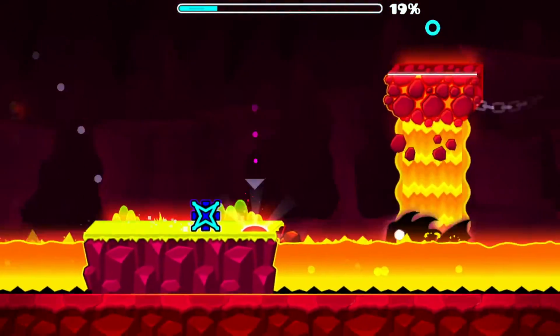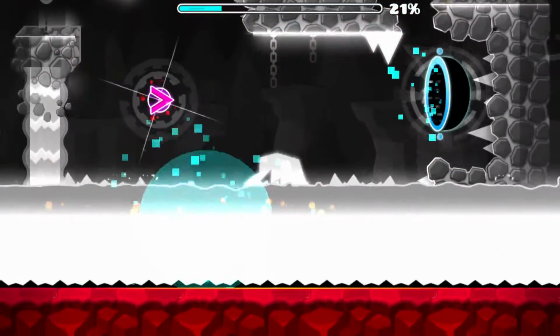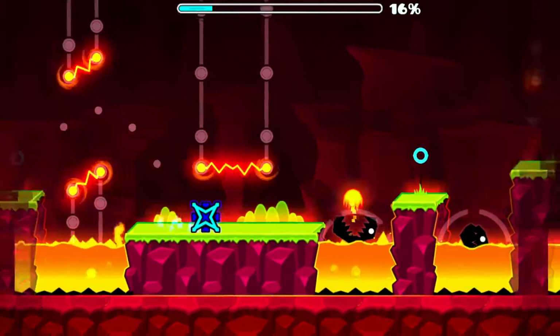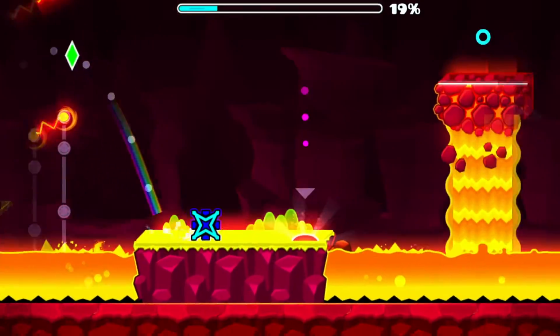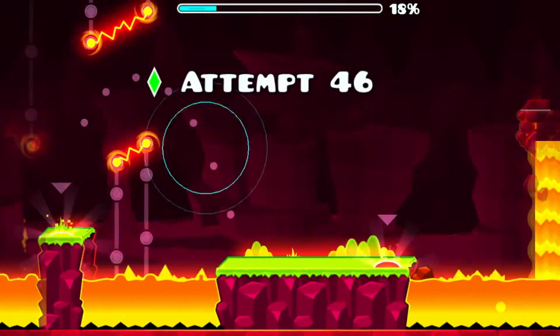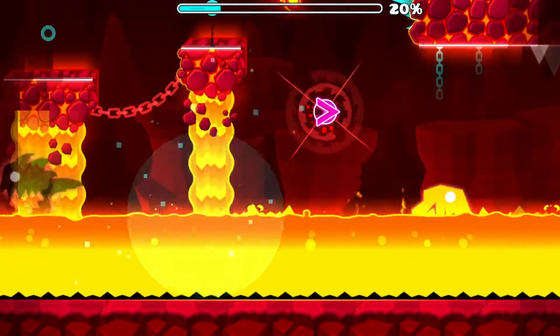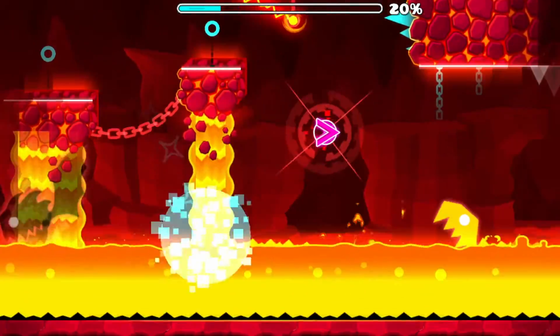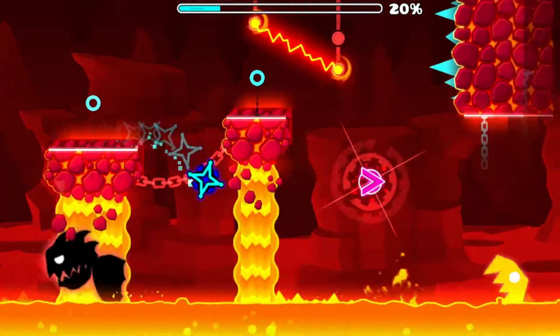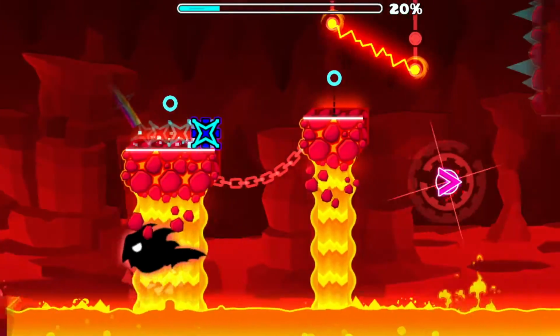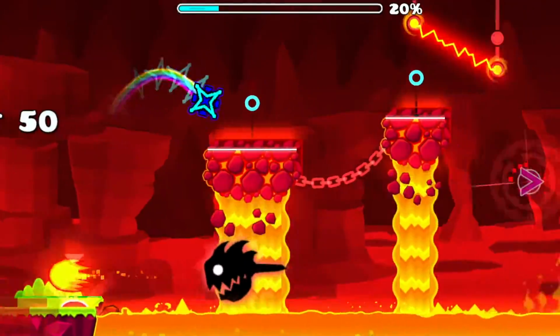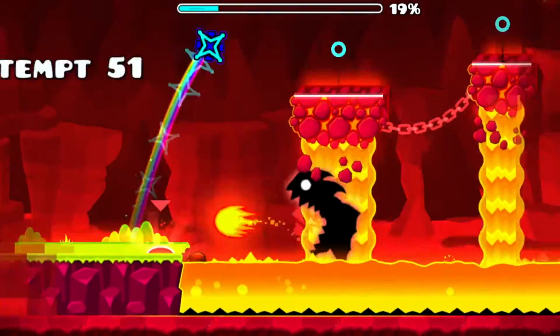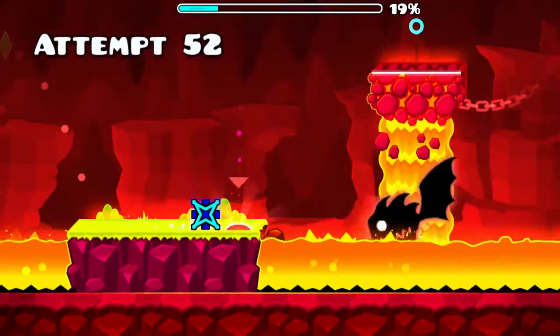There we go. This is really nice. So here, these are what the pink jump orbs do. Oh wait, hold on. No, what am I doing? I forgot about these mega bouncing red jump pads that boost you up so high like you wouldn't even believe. It's ridiculous. Look at this. Look how high I'm going. It's probably twice as high as the yellow jump pad.